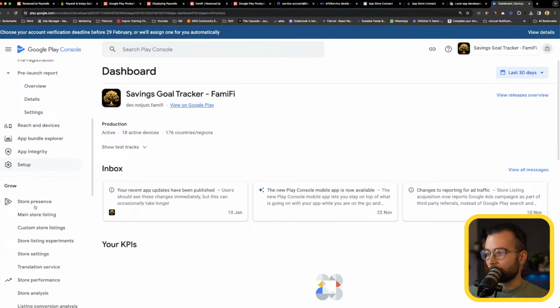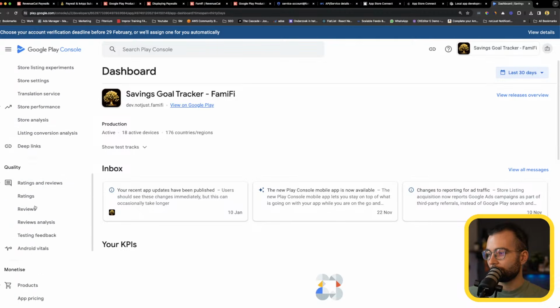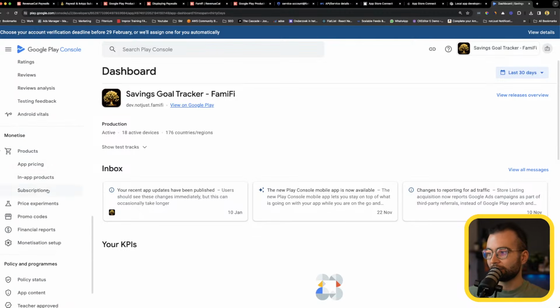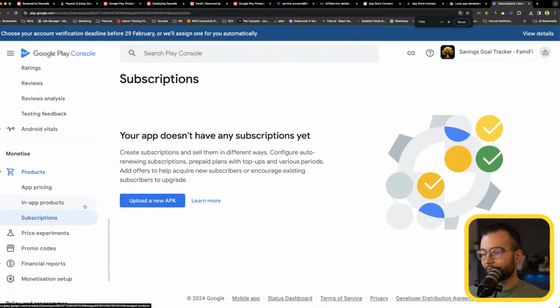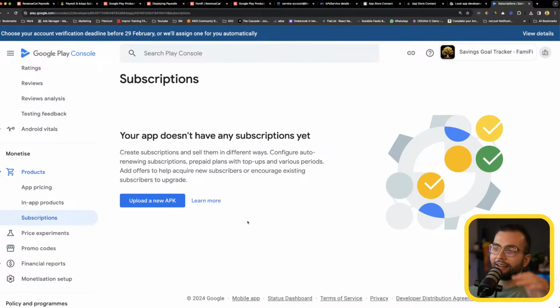And let's go ahead in our application. We can scroll down until we see monetize. Under monetize, there will be subscriptions. And here, your app doesn't have any subscriptions yet. Oh boy, this is where